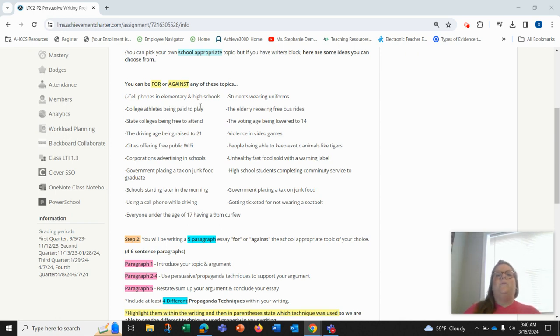Cell phones in elementary schools and high schools, students wearing uniforms, college athletes being paid to play, the elderly receiving free bus rides, state colleges being free to attend, the voting age being lowered to 14, violence in video games, the driving age being raised to 21, cities offering free public Wi-Fi, people being able to keep exotic animals like tigers, corporations advertising in schools, unhealthy fast food sold with a warning label, government placing tax on junk food,